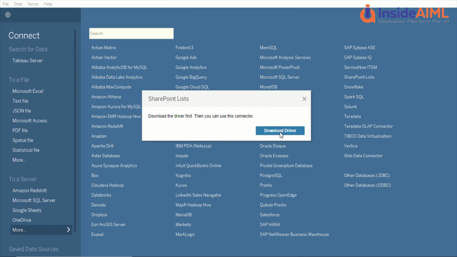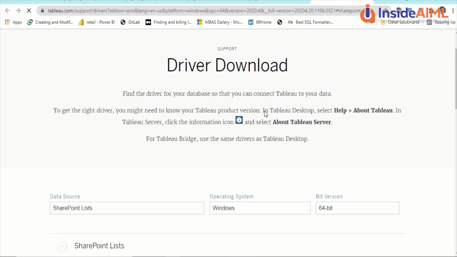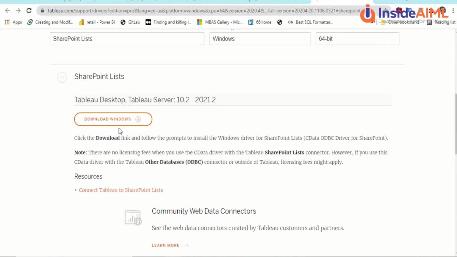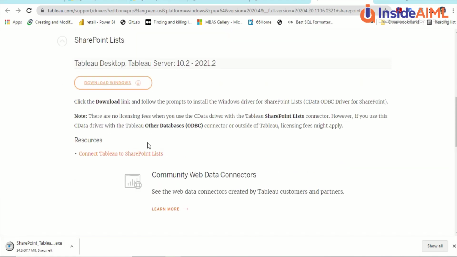and this is the first time it is asking us to download a driver. So let's download the driver. This is one of the things which we need to explore. If it is asking us to download the driver, it's saying Tableau download for Windows, and let's download for SharePoint list. We'll try to install it, and after that there are a few places where a JDBC ODBC driver needs to be placed in the lib, but this is an installer, so we will install it and see how it behaves and whether it asks us to restart Tableau. All these steps we have to see.